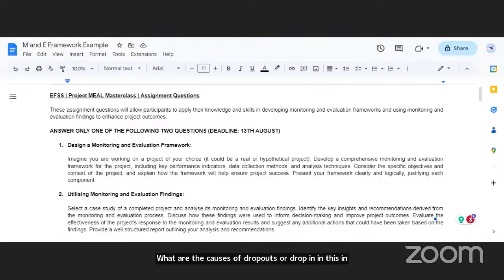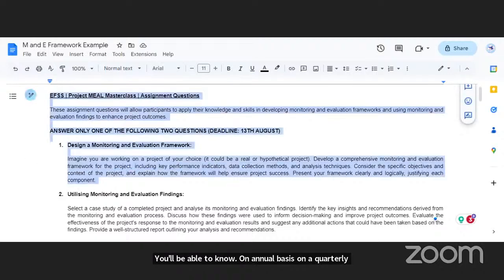Some of them might have moved to another location and are studying there. If you have a reporting template with a column that captures the dropouts, you'll be able to know on an annual or quarterly basis how many learners have dropped from the schools that you are supporting.